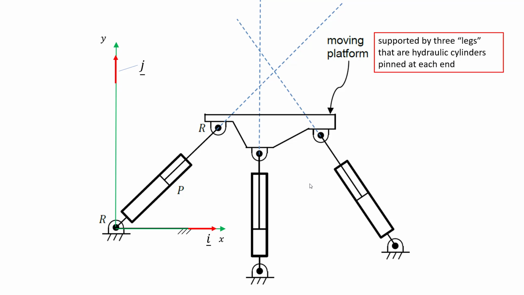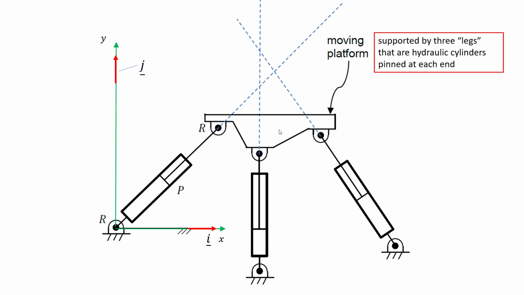Let's look at an example today of a moving platform that moves around in the plane, and the moving platform is supported by 3 legs. Each leg is an extensible hydraulic cylinder that can extend and retract. The end of each cylinder is a pin or a revolute designated by R, and the leg can extend, and that's designated by P or prismatic. So each leg is a revolute, prismatic, revolute chain,